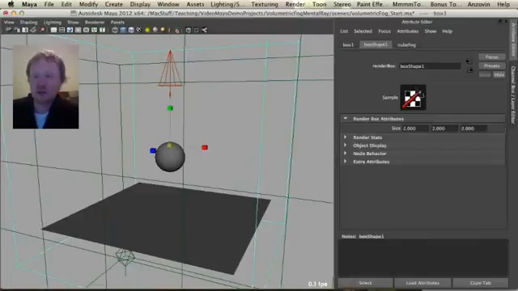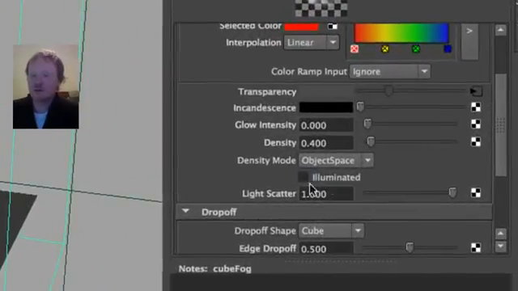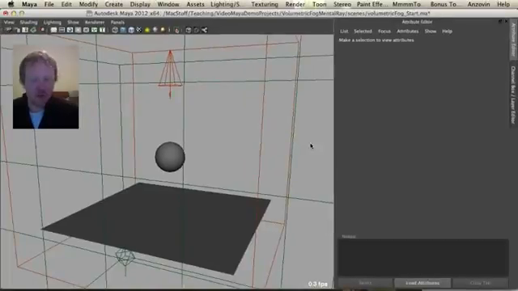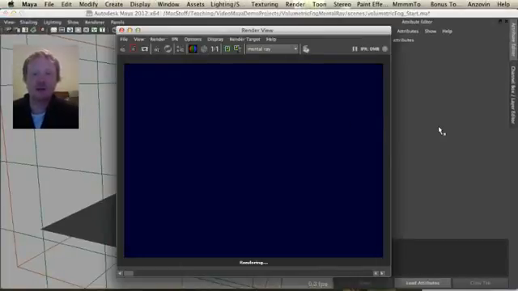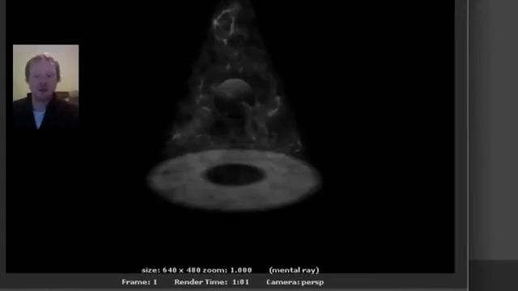So if we select the fog shape, the box again, and go in here, there's one important checkbox that needs to be ticked, and that is the illuminated checkbox. So let's go in here and we're going to tick illuminated, and this will make quite a vast difference to our scene. So let's hit render. Okay, and now there you go, you can see that we've rendered now. Our light is really affecting the scene, and that's really what we're after in this case,